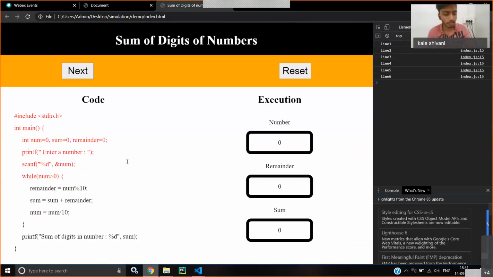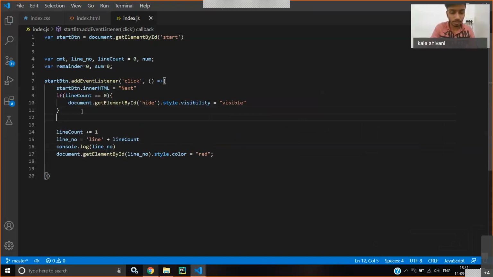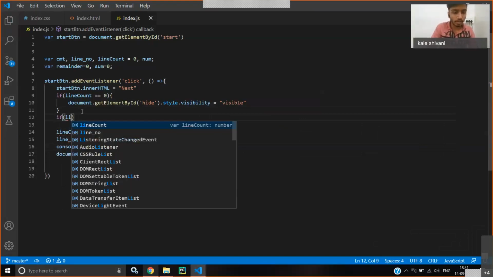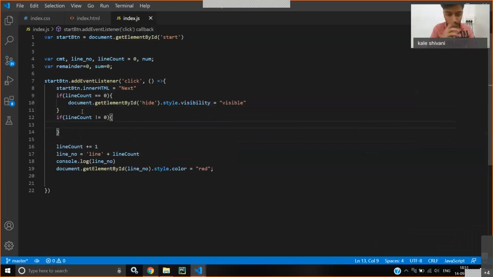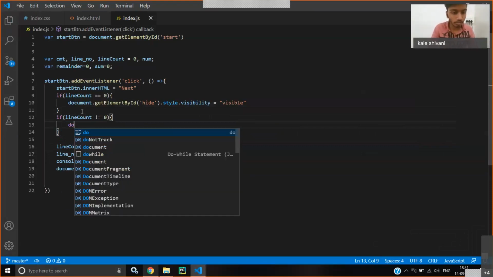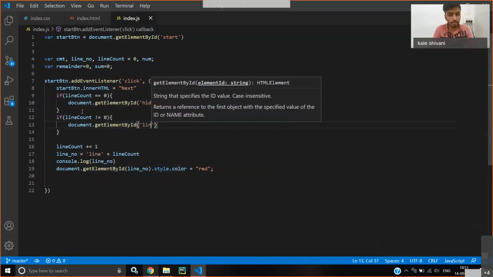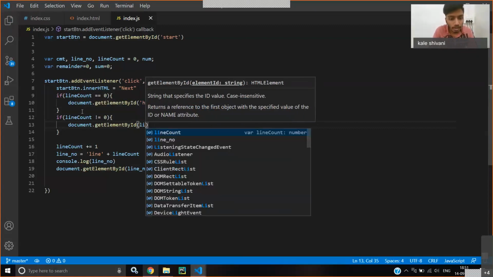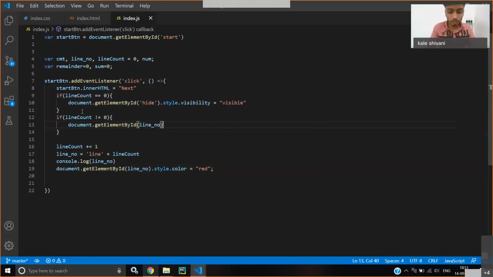So for that, what we can do, we just add a condition: if line count is not equal to 0, then what we will do is we will take document dot getElementById and we pass the line number. Okay, so if the line number is equal to line 1, it will pick up that element, and we want to set its color.